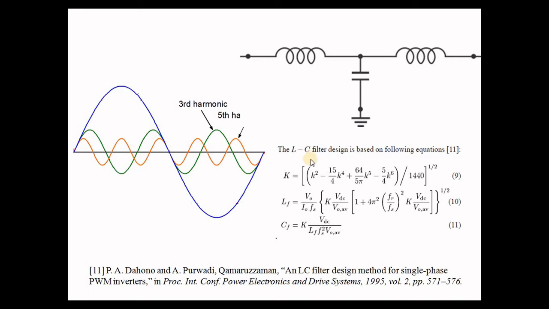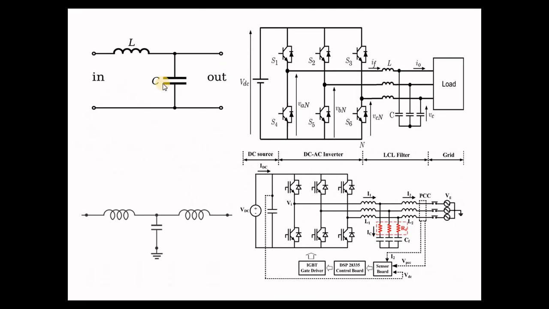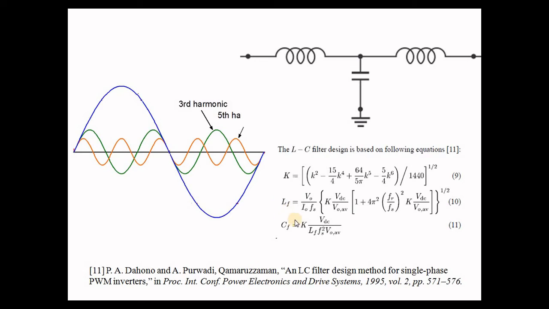So in this video I will provide you the coding to get the L value and C value of the LC filters. Here, L value and C value means these two values, not this thing. In the case of a normal inverter without any grid, this LC filter's L and C are the same as this L and C. So these are the basic equations.